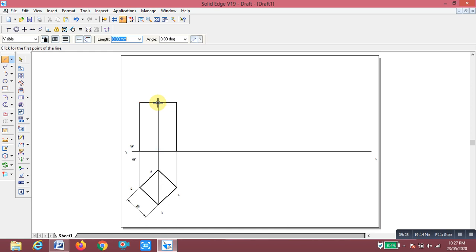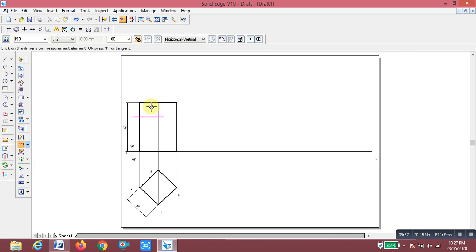So this prism is cut by a section plane. The height of the prism is 60 mm. At a distance of 15 mm the section plane is passing, which means here you draw one line. You measure the distance between this line and this line; it shows the height.